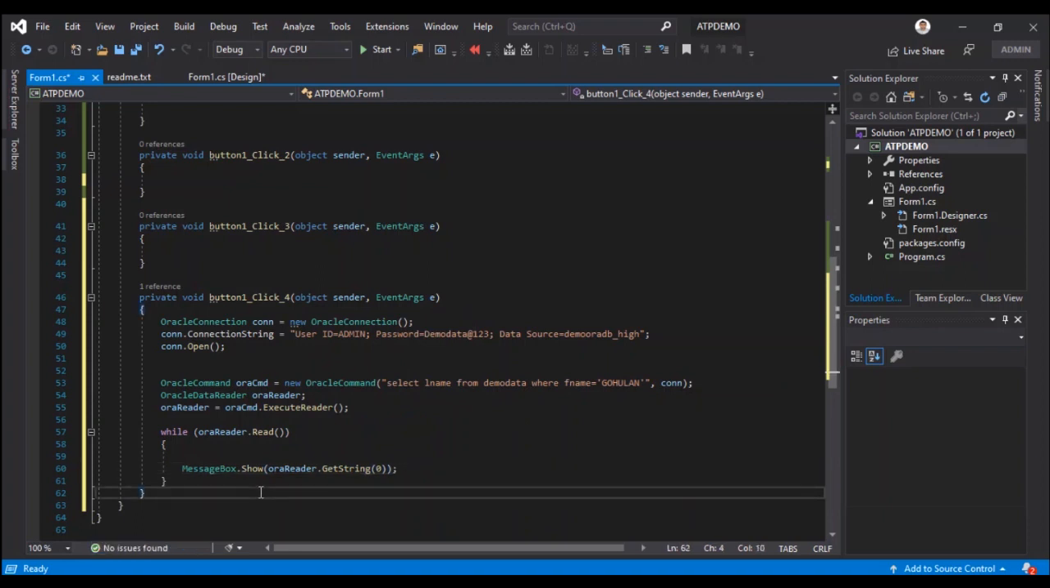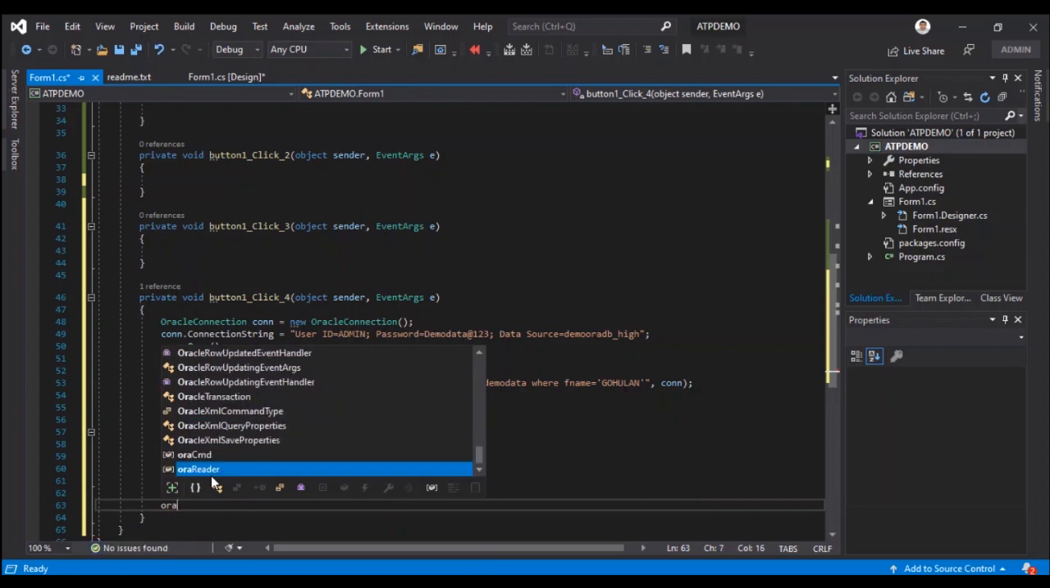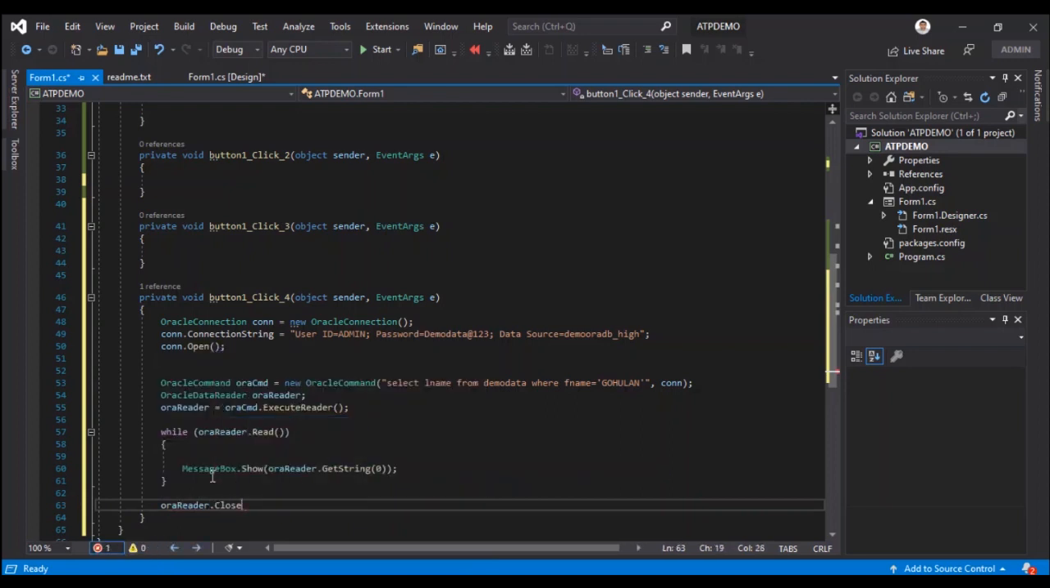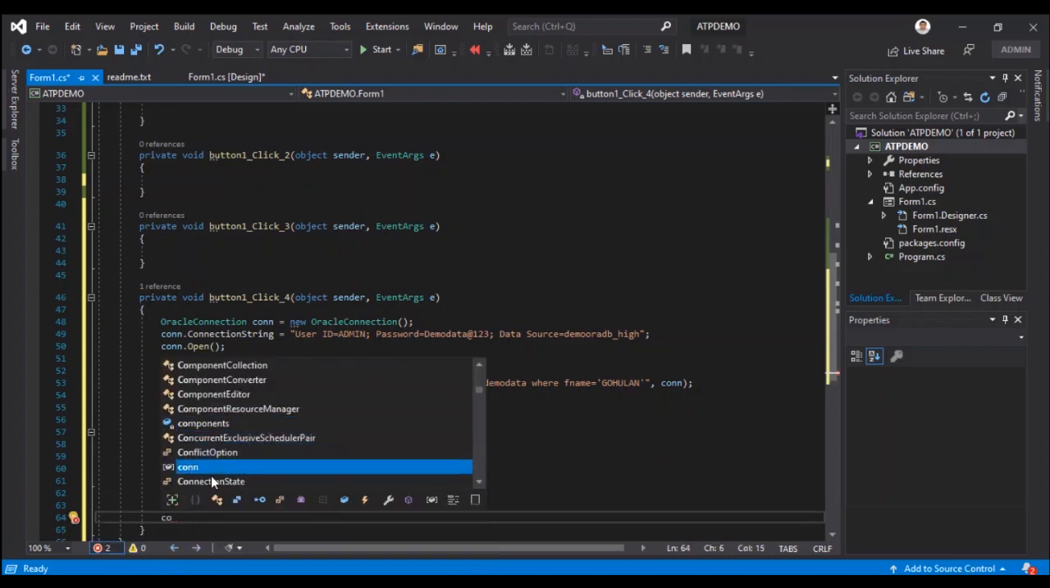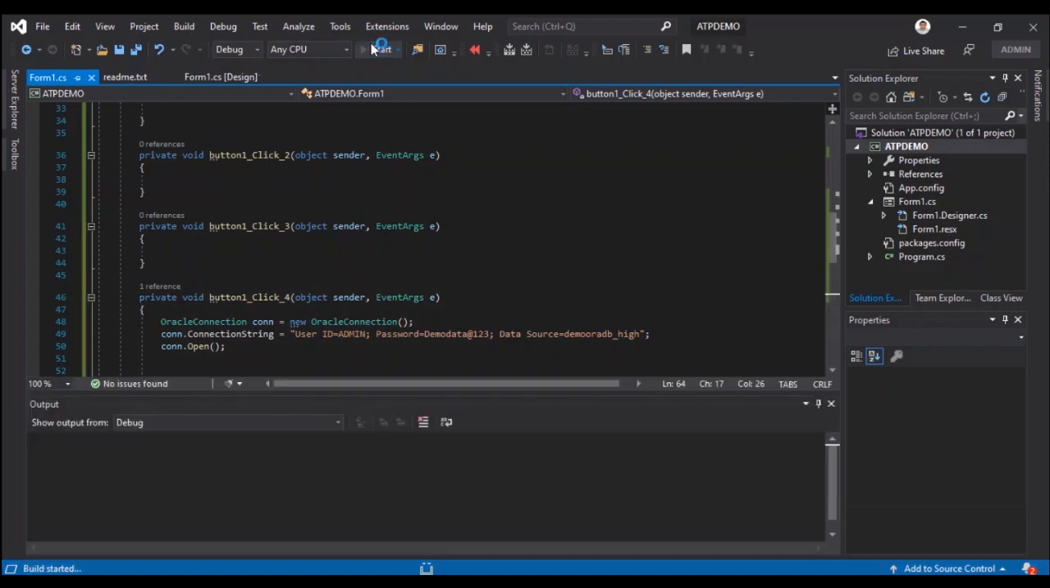All right, so now the coding part is almost completed. I'm going to close my Oracle reader and close my Oracle connection. Alright, so the coding part is completed. There are no errors available, but I am pretty sure this program will run, but this query won't work. We'll check. I am debugging this program